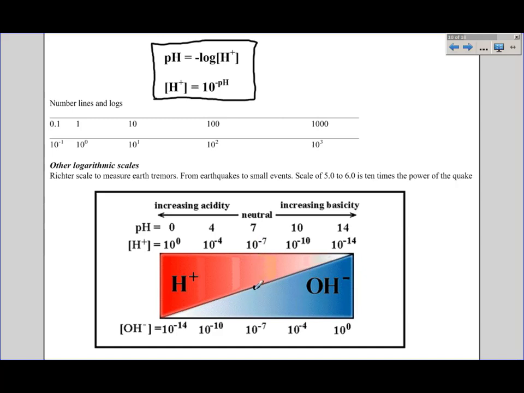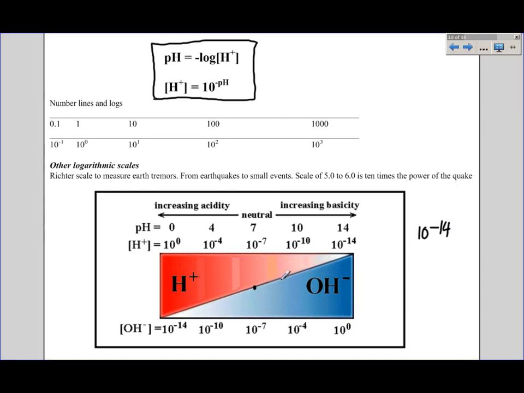When we had a neutral solution, that meant that the concentration of H plus and hydroxide were equal, and they were both equal to 1 times 10 to the negative 7. When we multiply these, 1 times 10 to the negative 7 times 1 times 10 to the negative 7, we are left with 10